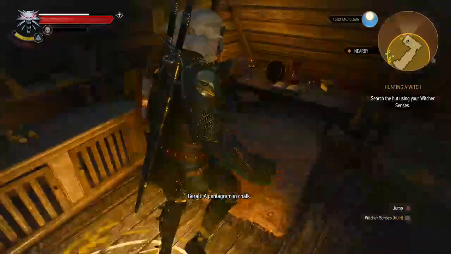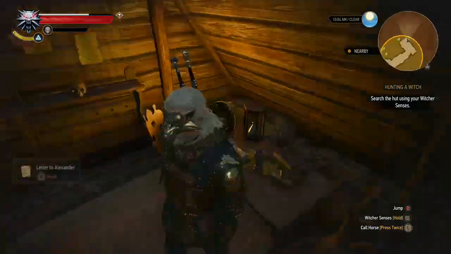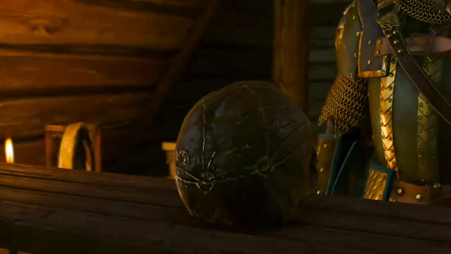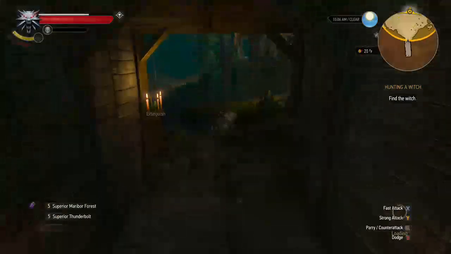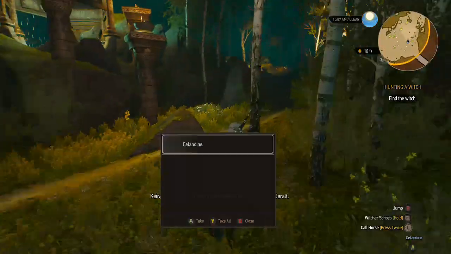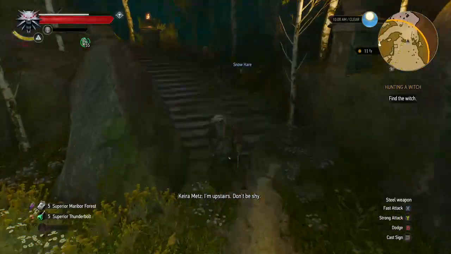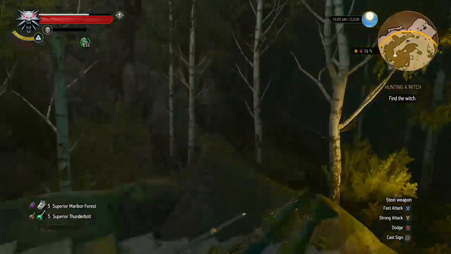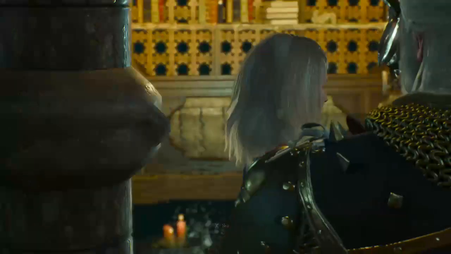A pentagram in chalk. Don't often see baubles like this in Velen. Oh. Okay, so we'll say hello to Kira. All of Kira. Well, Off we go. nice. I was wondering how long it would take you, Geralt. Uh-huh. Stairs. Don't be shy. Greetings. I hate when you have to walk everywhere, it's boring. There's Kira. You're a man. I